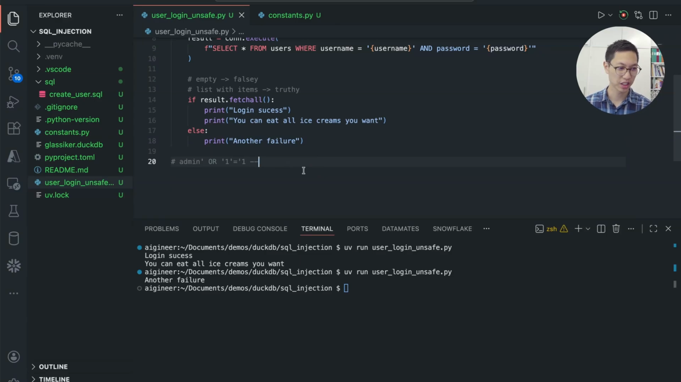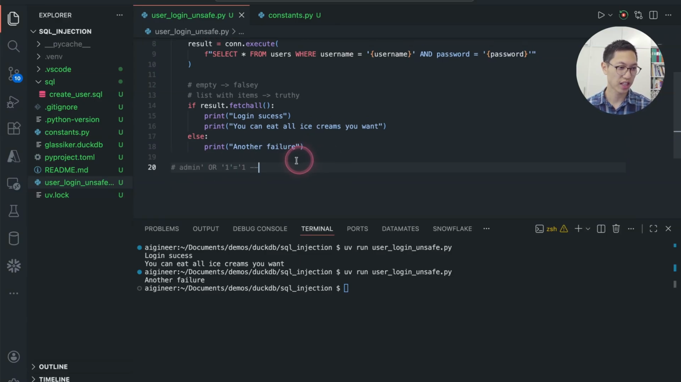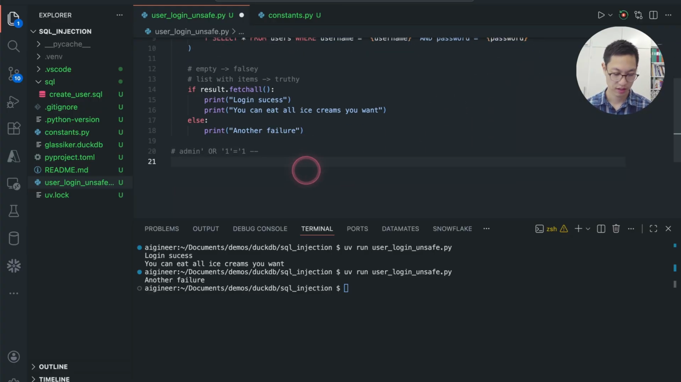Does this one work? How does this one work? The idea is that we get this query and we will have this where clause. If I copy this where clause, we have where username equals, and if I put this into username, I will get admin, and then I will end quote it, and then I will do starting quote 1